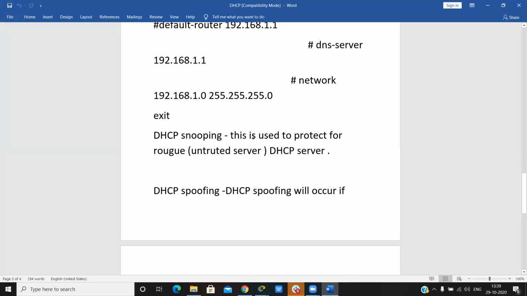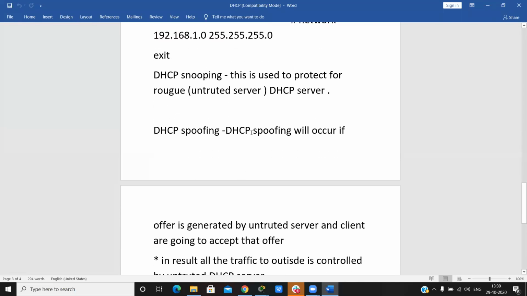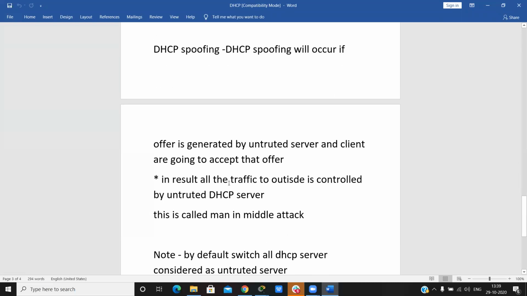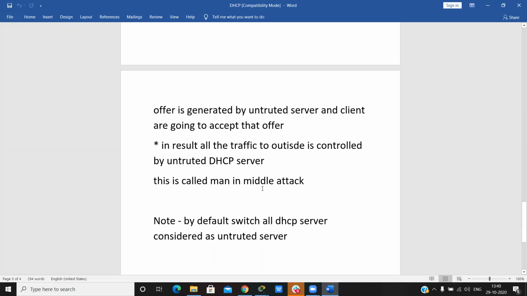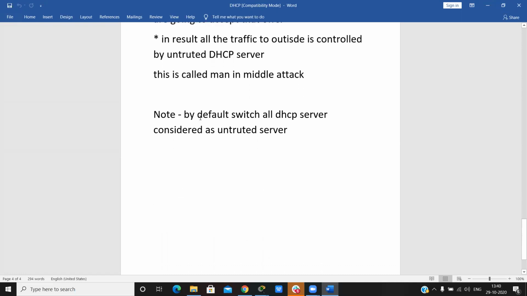So DHCP snooping is used to protect against wrong devices or untrusted DHCP servers. DHCP spoofing will occur if an offer is generated by an untrusted server and clients accept that offer. As a result, all the traffic going outside is controlled by the untrusted DHCP server. This is called a man-in-the-middle attack. By default, the switch considers all DHCP servers as trusted.